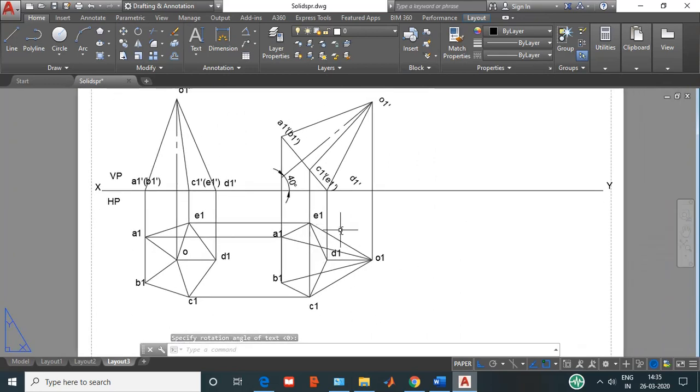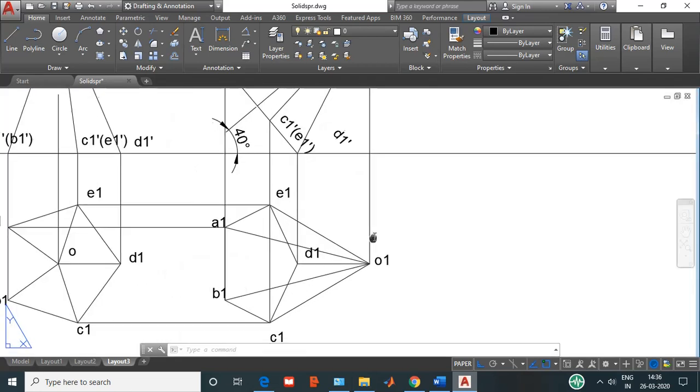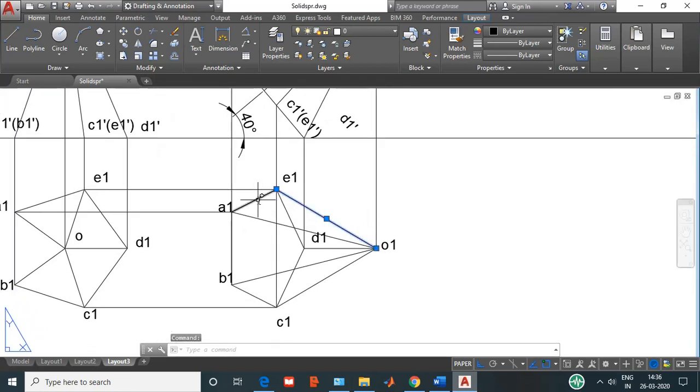Now the next thing is to find the hidden edges. Yesterday I told you that hidden edges you will always get in the second and third position. In the second position, because in the front view we are copying the same thing, there is no possibility of a hidden edge there, so the possibility is only in the top view. How to find the hidden edges? The three thumb rules which I told you yesterday. First, all the outer boundary is visible. These are the outermost boundary edges which are visible, so they cannot be hidden. Second point is which is the furthest point from the observer.